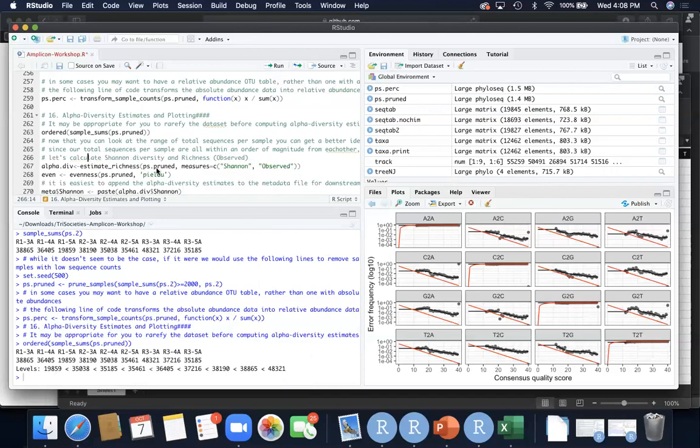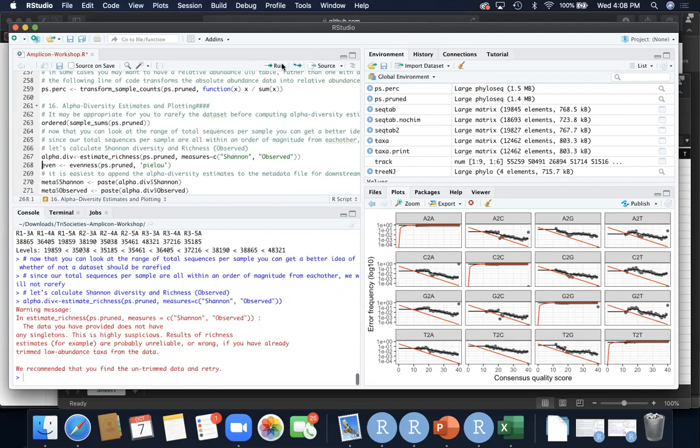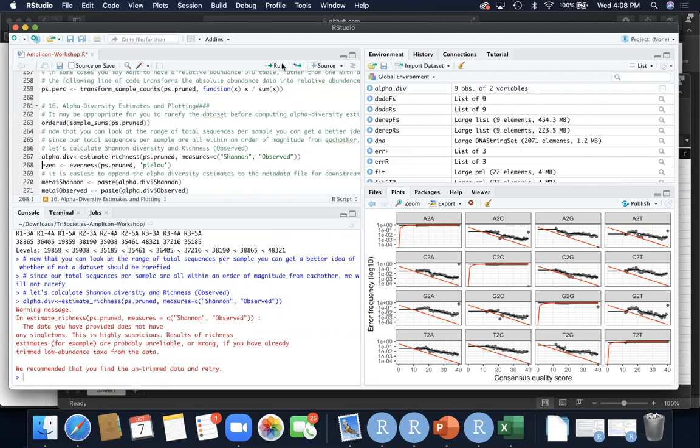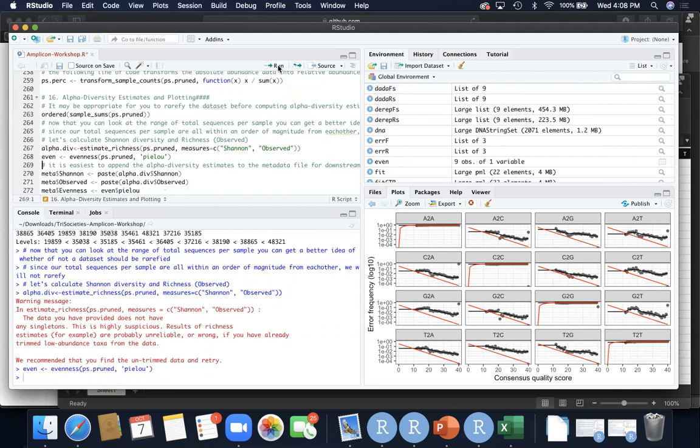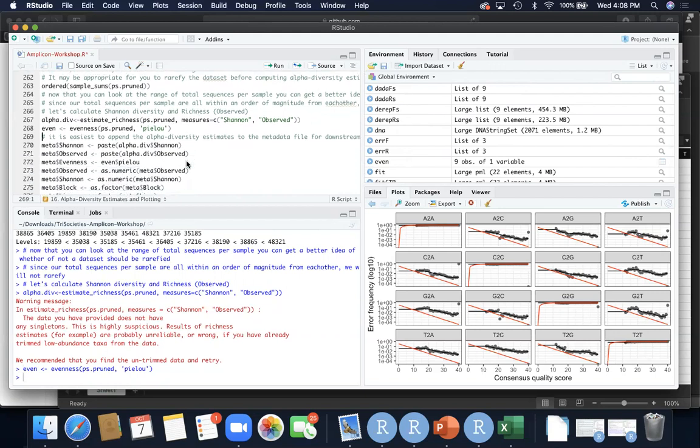So we're going to first calculate some diversity measurements. We're going to look at Shannon diversity, richness, and then we're going to look at evenness here. So we will run these two lines of code. And don't worry about this error message. It's just because we're only working with 9 samples. It's not something that we need to be worried about right now. We'll calculate evenness, and then we'll say, okay,